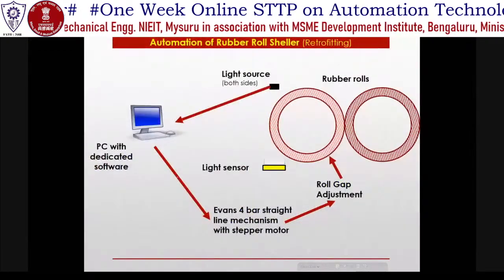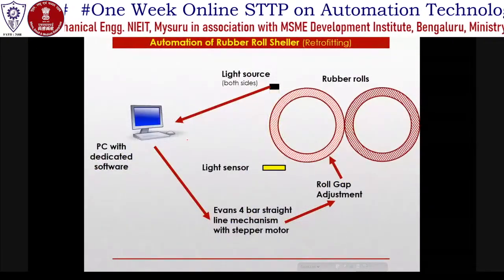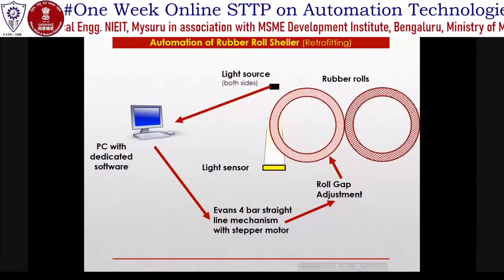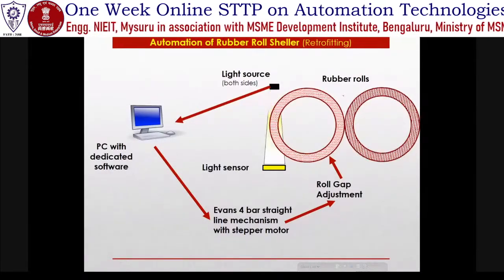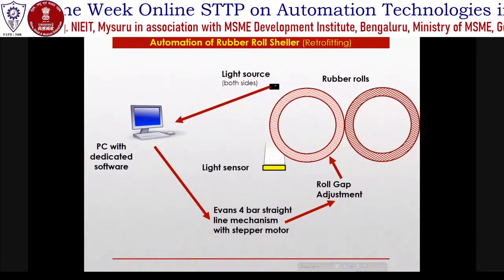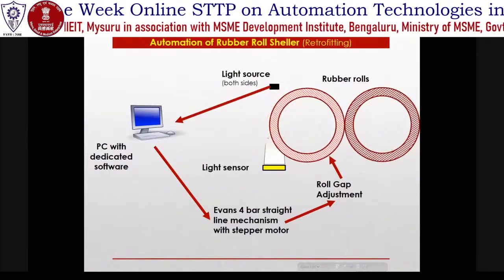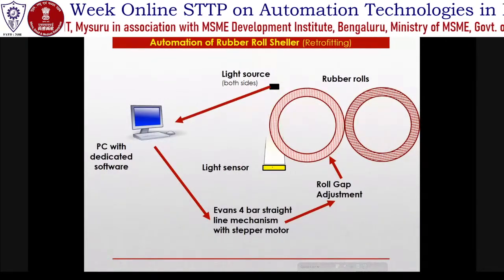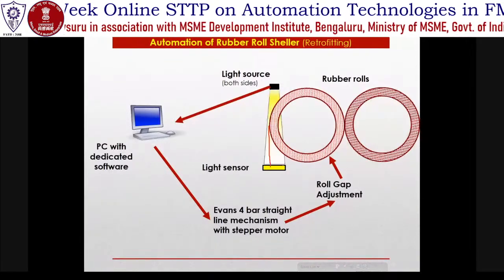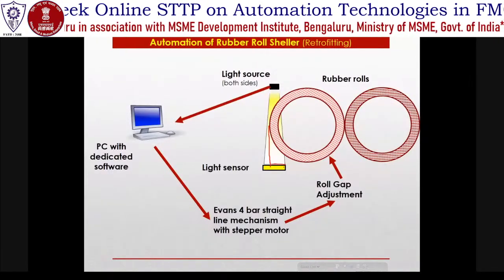So what we did was automation for this. We used a light source on top. I cannot put it at the center because there is paddy and rice coming out here. The light falls on the roll and comes onto a sensor. This portion is the shadow length, and this portion is also shadow length. Therefore there is no